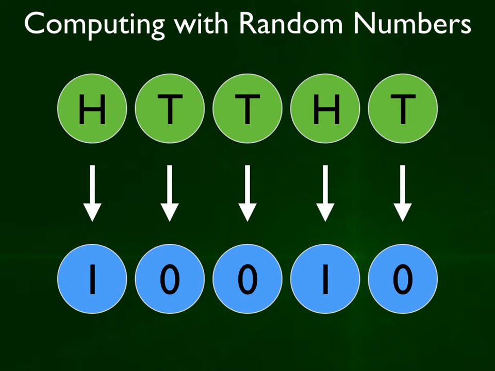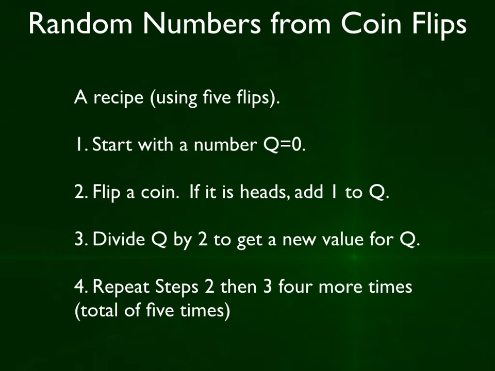So now that you're an expert coin flipper, let's compute with coin flips. Computers need numbers, not heads and tails, so imagine that heads are 1s and tails are 0s. On a computer, we call these bits. Here is how you create your very own random number from coin flips. You might want a calculator. A recipe using 5 flips is to